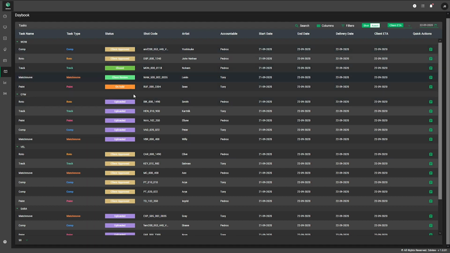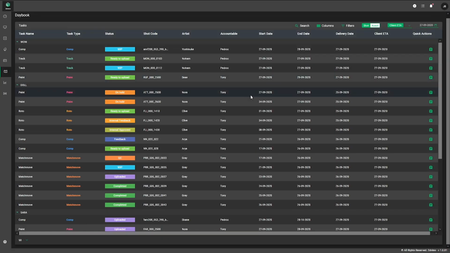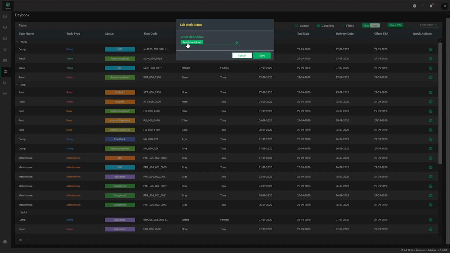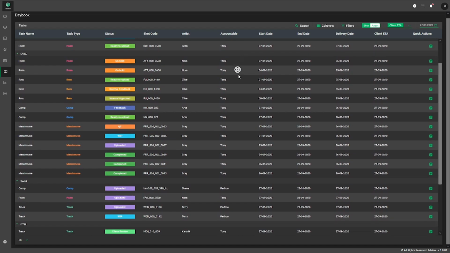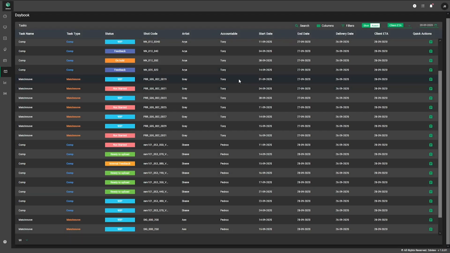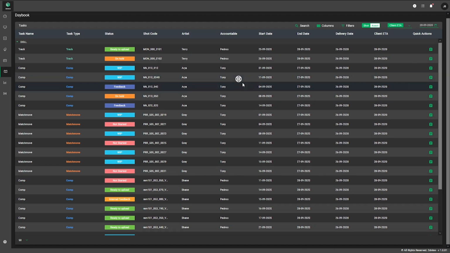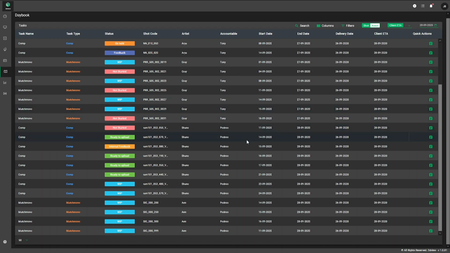If you are looking at the current date's deliveries, you can make tracking a lot easier by simply creating a custom status, ready to upload, which would mean that the shot is completed and ready for upload to client. Similarly, you can also stay on top of things by looking at future deliveries and making sure that you plan, keeping in mind not to miss any deadlines. Daybook is very handy when it comes to getting live updates on the progress of any day's schedule.